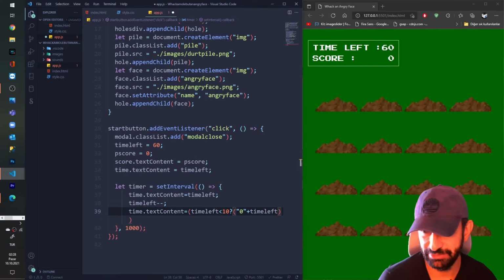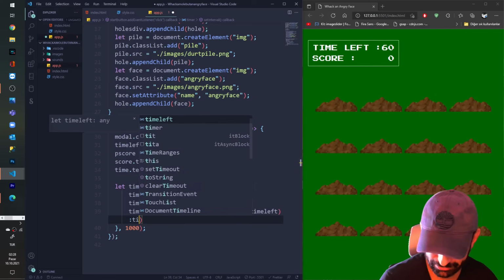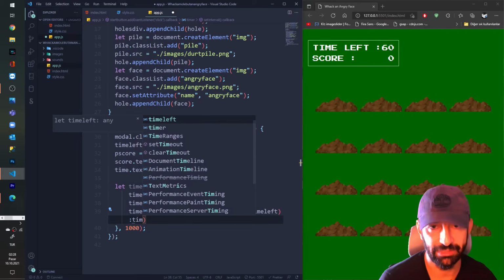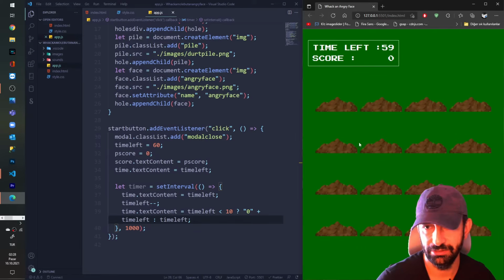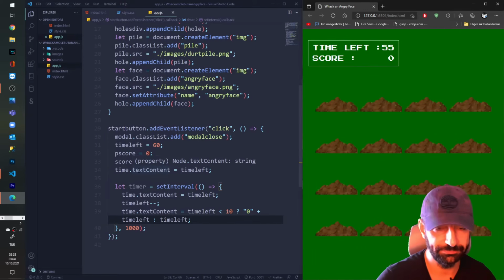I'm styling a little bit correctly for my eye, and then if it's not less than 10, I'm gonna give the time left thing. Okay, see now our interval is started and the counter is started also.